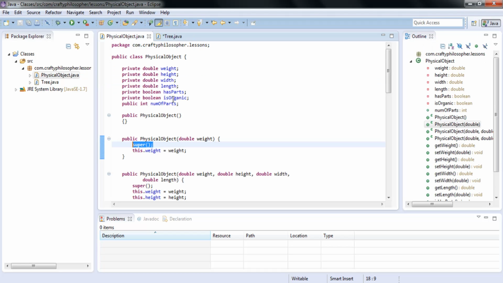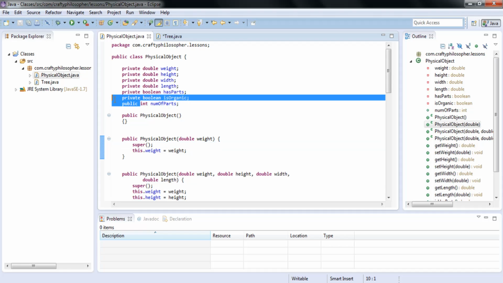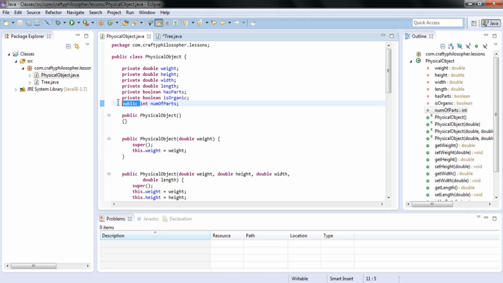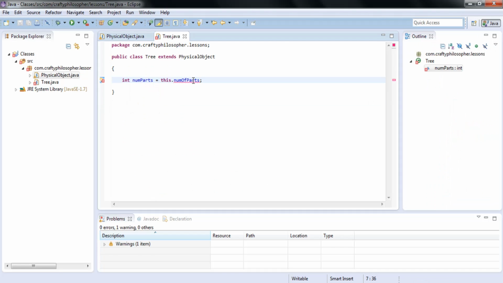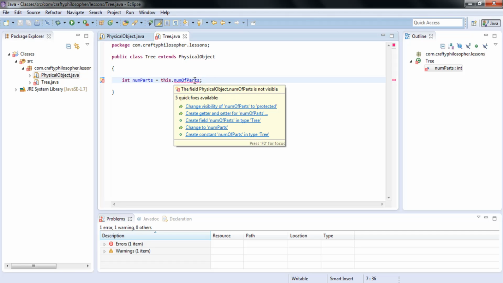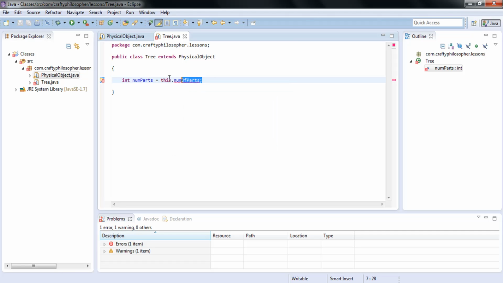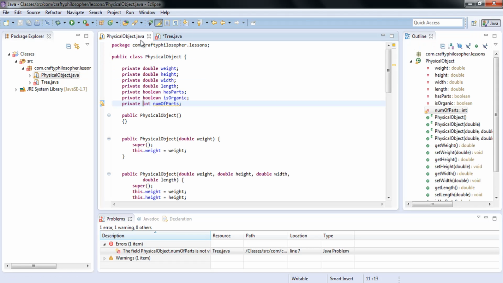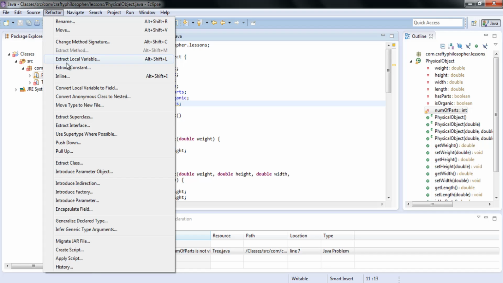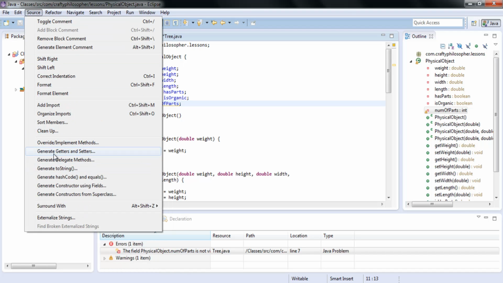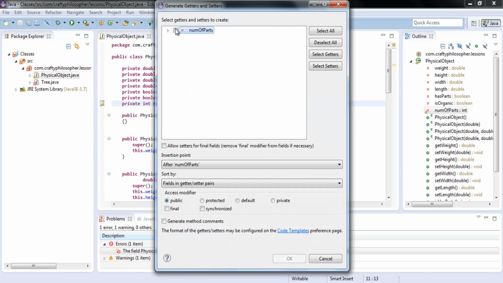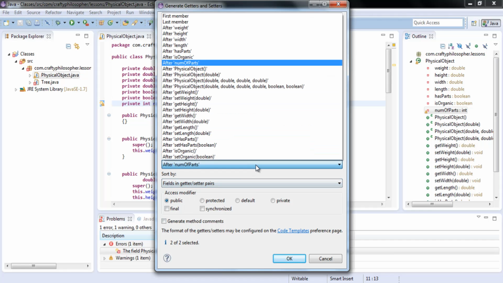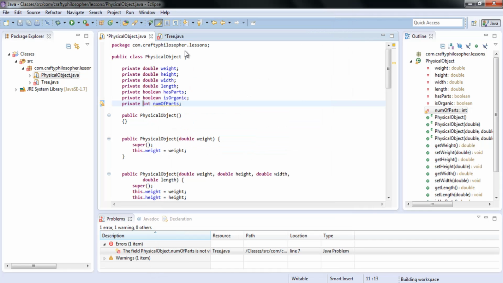Imagine that, but generally you wouldn't do that, so we would make that private, and we would get this. If we save it, we get an error because it says change visibility. So I'm going to take that off. I just wanted you to see, and we'll do, for example, a getter and setter for that one. So number of parts, blah blah blah. We must stick it after this one just because we can,